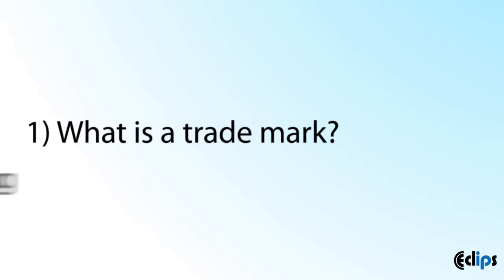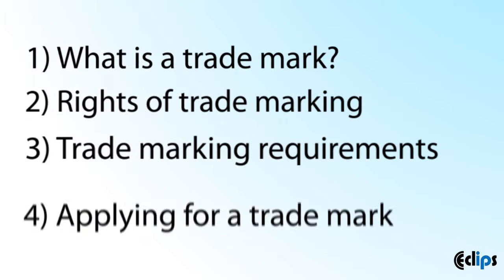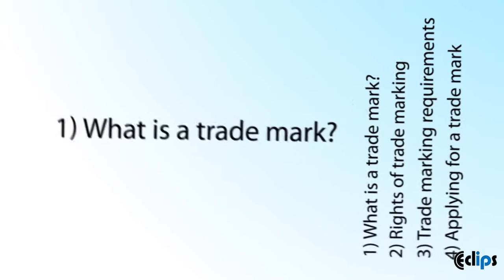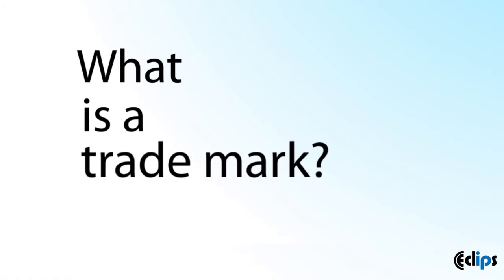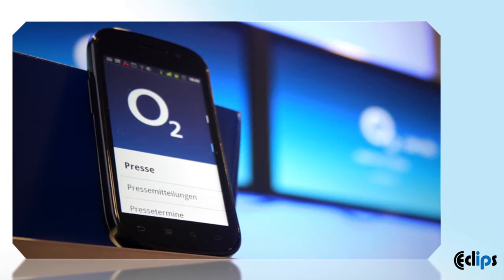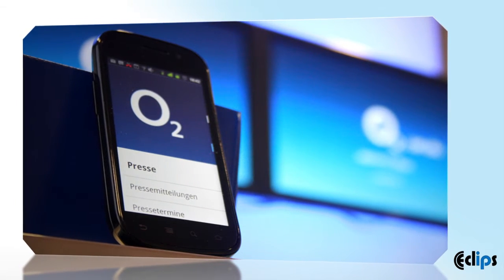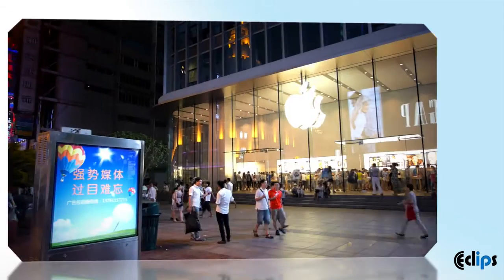The essentials of trademarking are covered by 4 eclips modules. This first module will help you to understand what trademarks are and the various types of marks commonly used. What is a trademark? Ordinary trademarks are distinctive signs that help you identify the goods or services of one trader